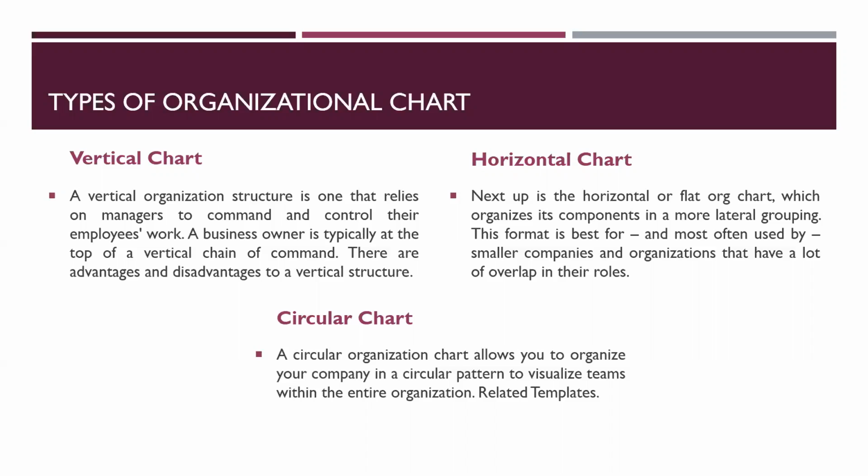So organize horizontal means it's a bit expanded. Now, a circular chart is something that allows you to organize your company in a circular pattern to visualize teams within the entire organization. So in a circular chart, you can identify all the organization aspects in a circular way in one point, right? Next,